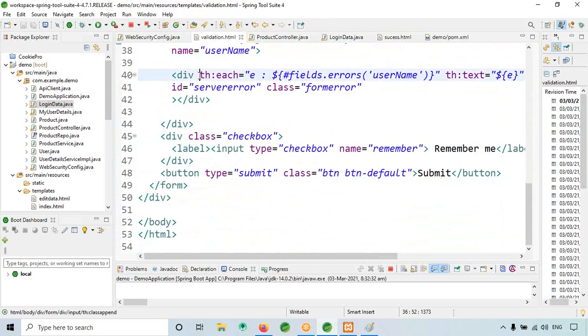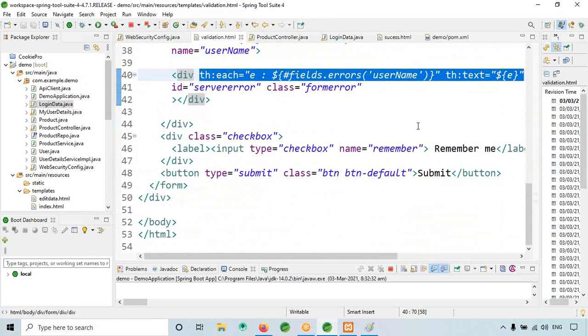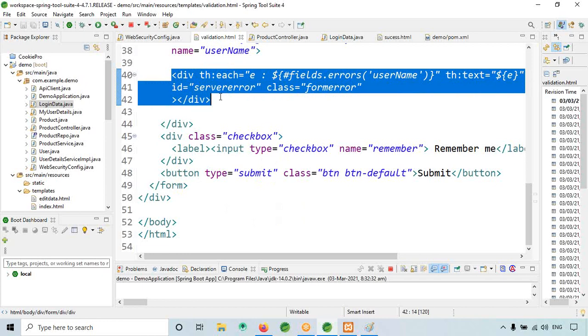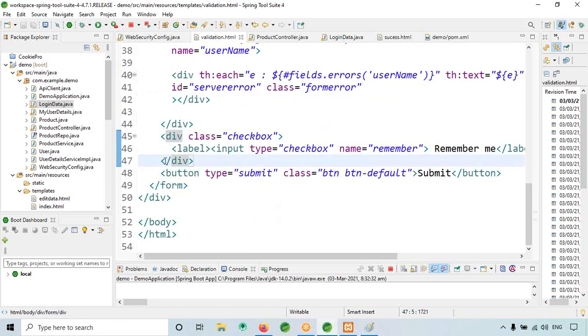Copy that. So input type checkbox. Okay, so this actually I will copy, and I need to paste inside the div tag.